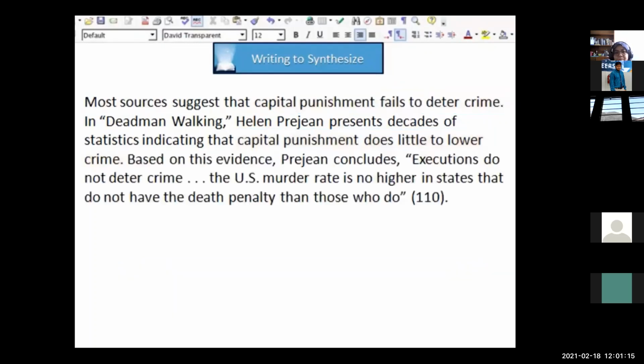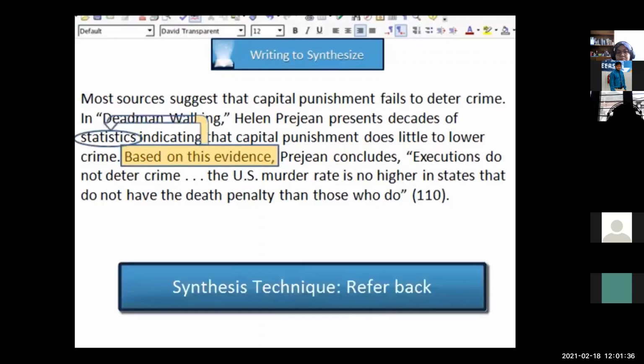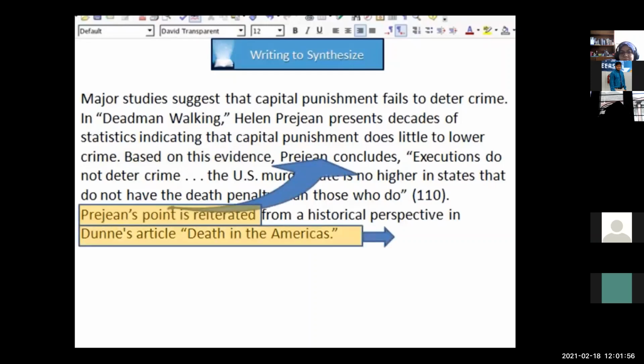Based on this evidence, Prejean concludes, executions do not deter crime. The U.S. murder rate is no higher in states that do not have the death penalty than those who do. Citation page 110. Note how the phrase, based on this evidence, provides a connection by forcing the reader to think back to the evidence of statistics in the previous sentence. Prejean's point is reiterated from a historical perspective in Dunn's article, Death in the Americas. Now this sentence exists for one reason only, to provide a thought bridge between two sources, referring back to Prejean